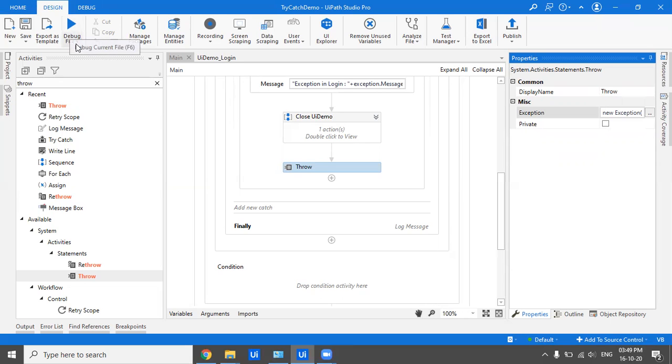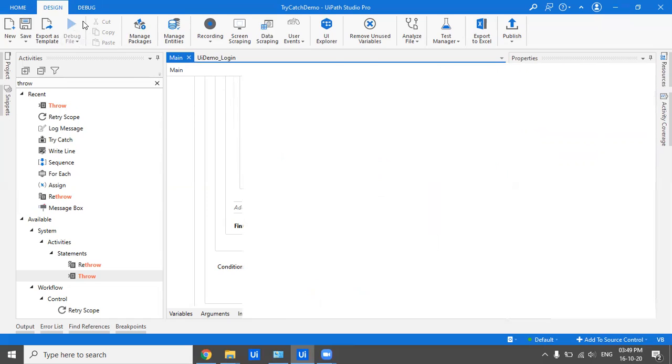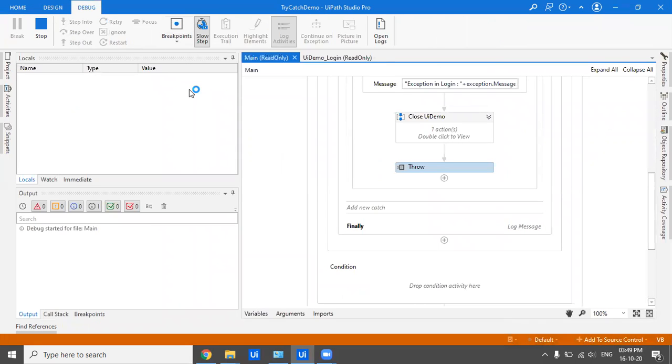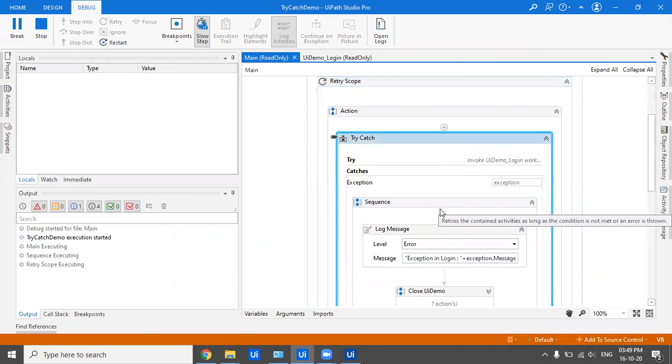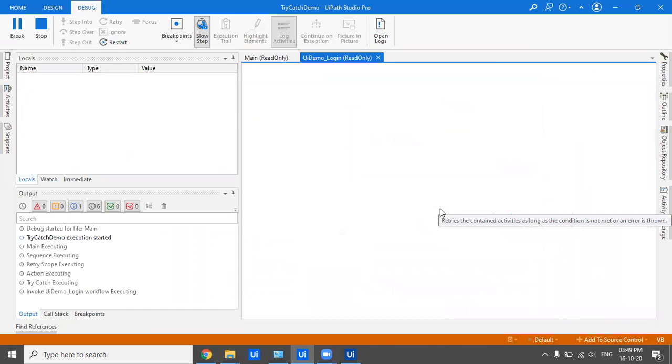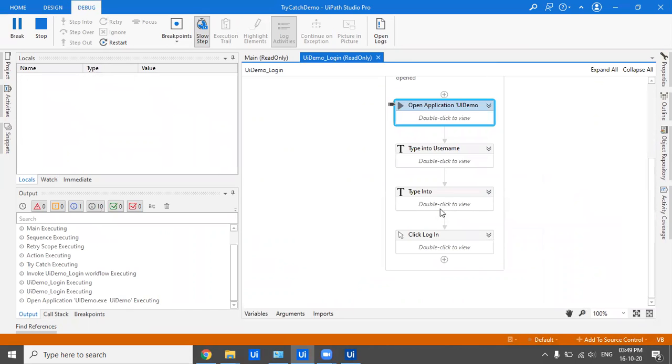So let me just debug this. When the bot opens that login application, I would explicitly close that login application so that an error is thrown, because that's our goal. We want to see what happens when the error is thrown.